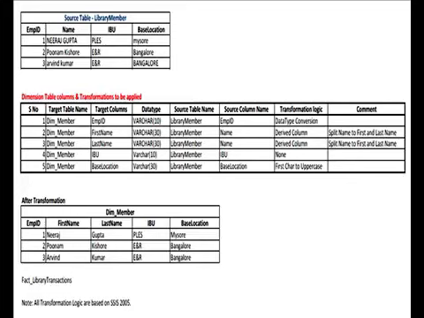Now the source column for dim_member dot empid is library member dot empid, which means that for the column employee ID in dim_member, the source column is employee ID from library member. What is the transformation logic that we are applying here?